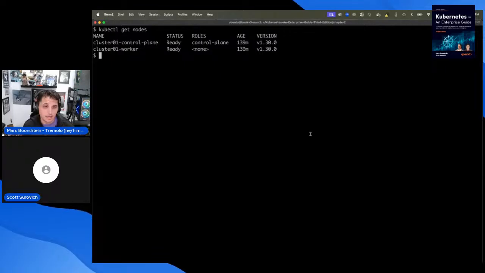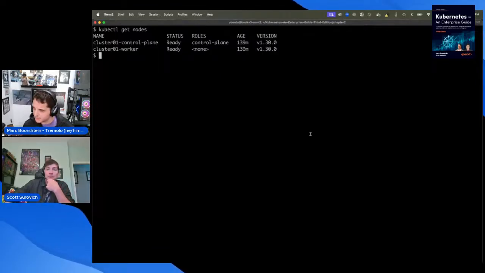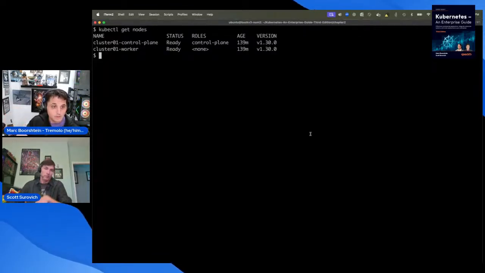I blew up my lab cluster. Well, I didn't accidentally blow it up. My NAS died in a power outage, so most of my VMs are down. But anyway, we have an example where if you're running Kubernetes on a VM and you log into that VM and you run, not even docker ps, just ps -a as root, you're going to see all of your container processes listed out, right? And that's because they're just processes.